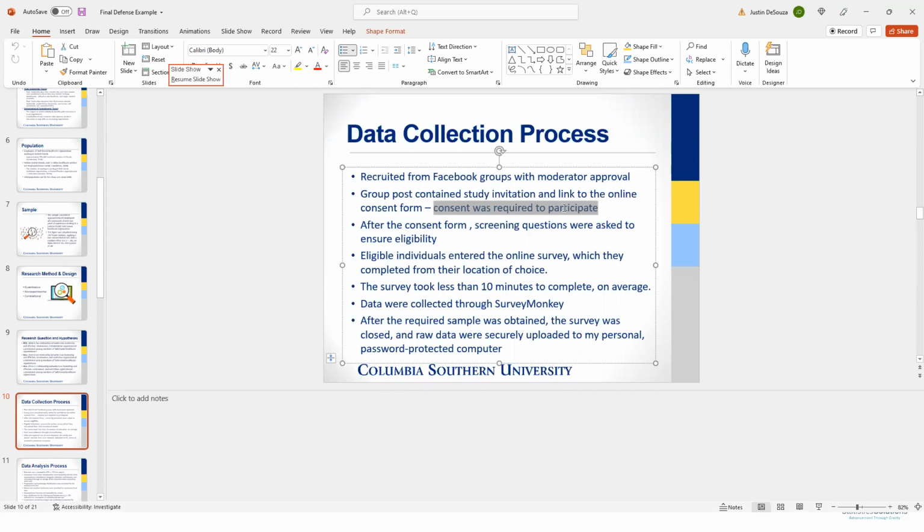Talking about consent forms. Participants are allowed to drop off at any time. They're not required to complete it. And talking about the software that you're using, like SurveyMonkey or Qualtrics or Amazon mTurk, providing an estimation for how long the survey will take to complete. And then what do you do once the data has been extracted?